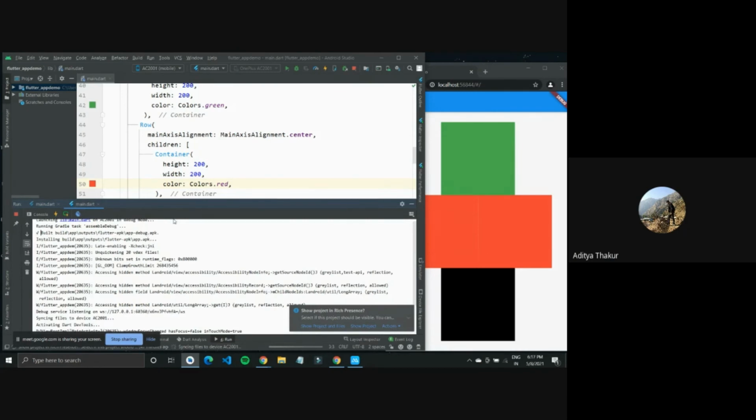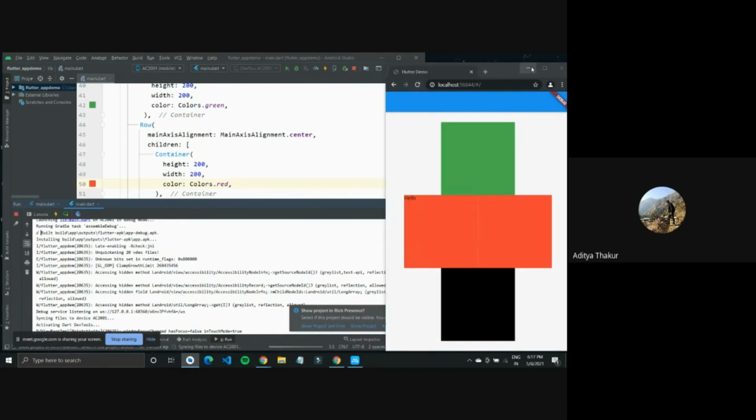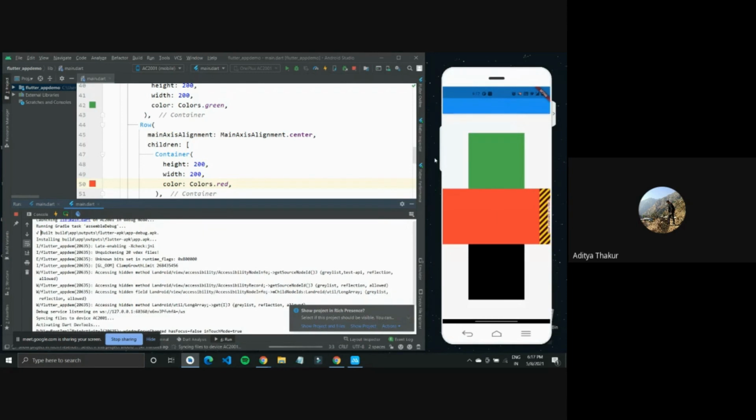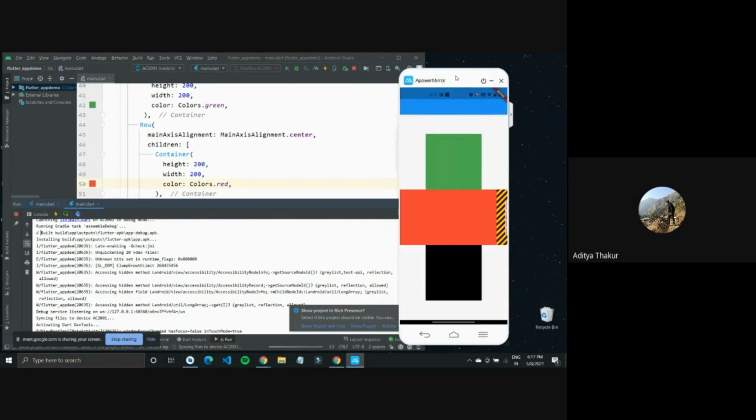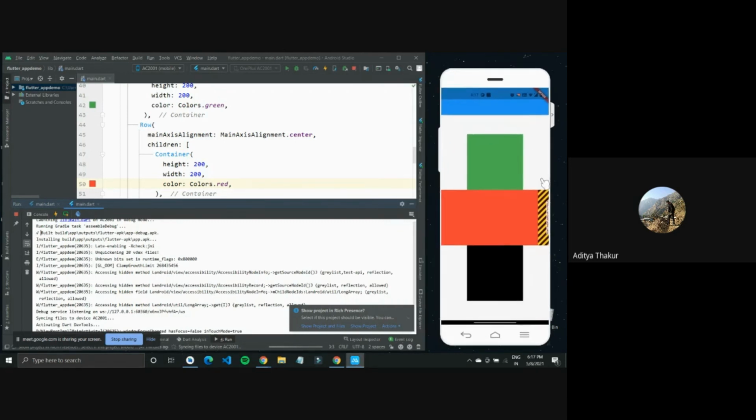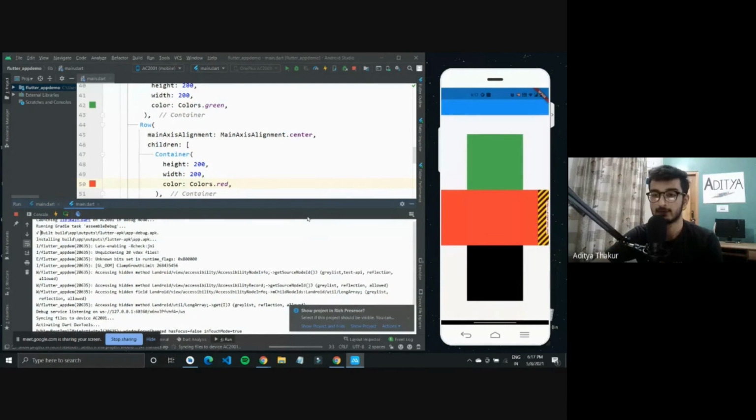So what we see here is this application is now running on the mobile device, and it is showing this error on the side, a render overflow error. Why? Because my phone screen width is really less, and since I'm specifying this width myself, it is showing an error because the available screen width is not as much.